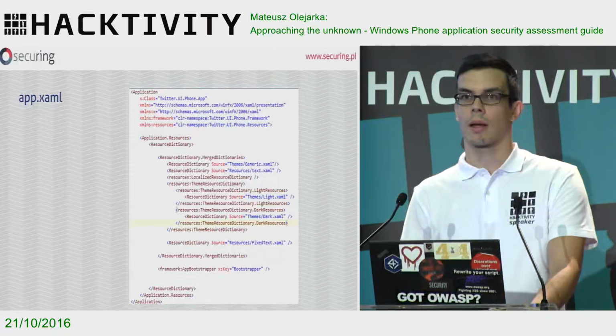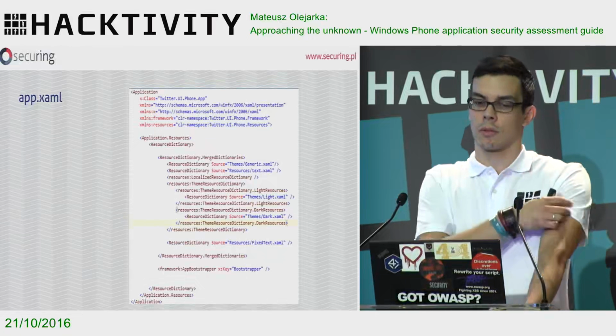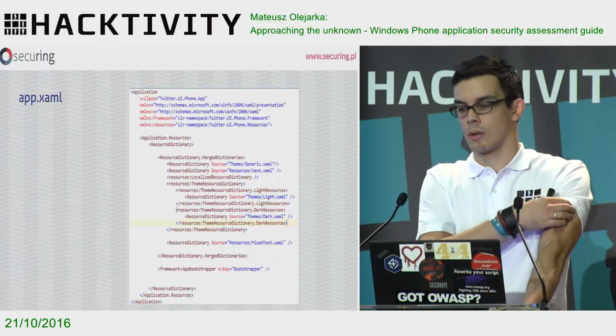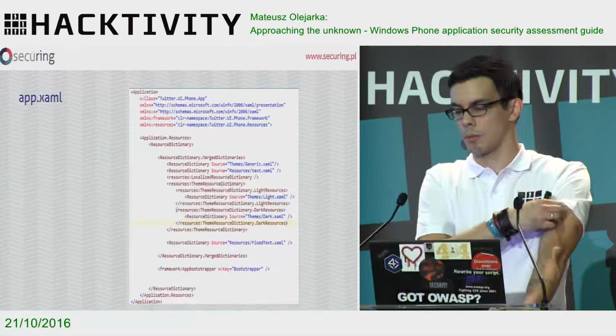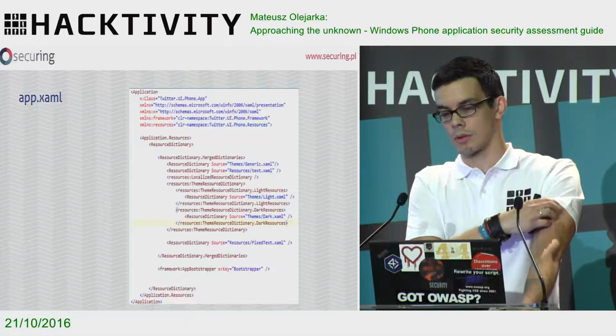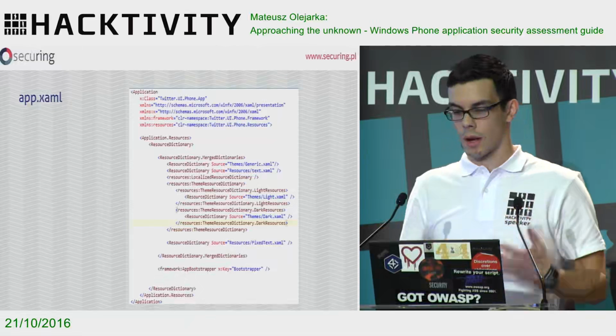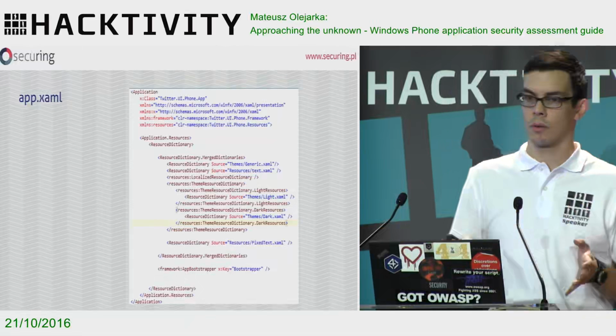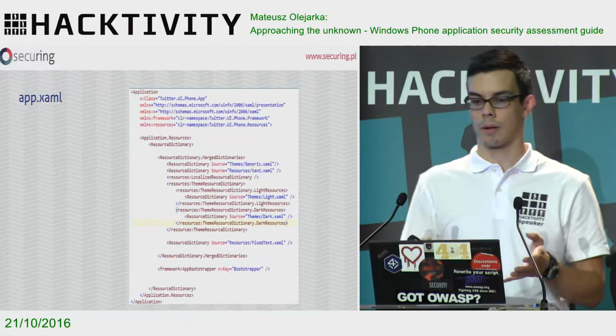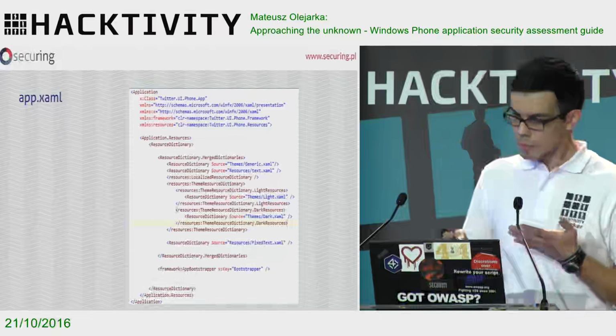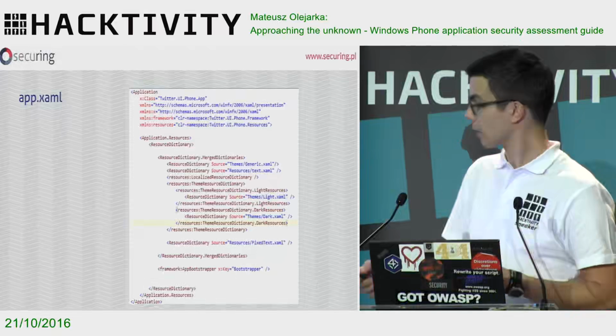This is the way Microsoft uses not only in Windows Phone, but also in Windows WPF applications. This is the way Microsoft describes the view of the user interface.